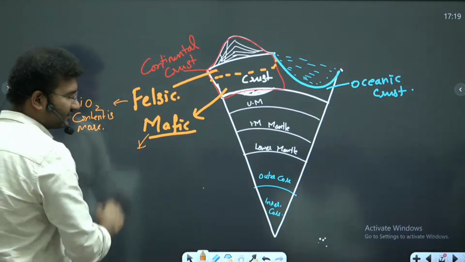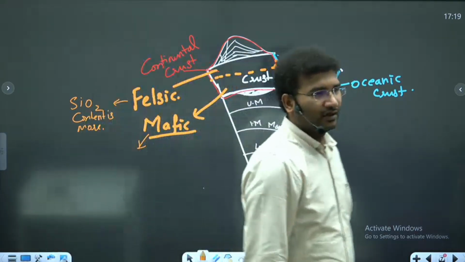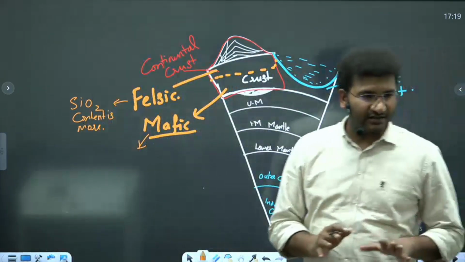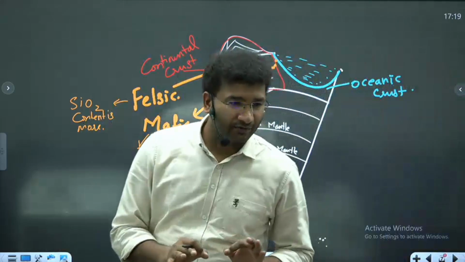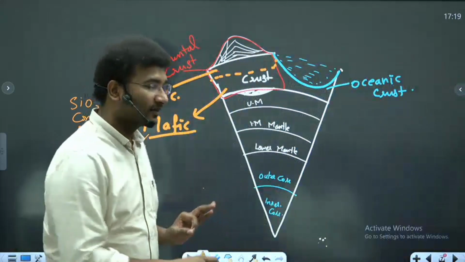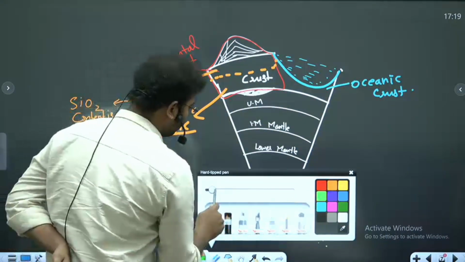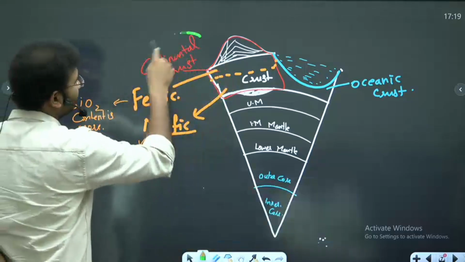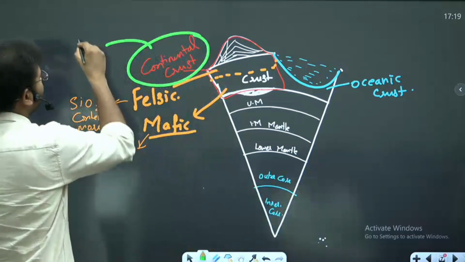Now, in mafic, the silica content is comparatively less. Continental crust is primarily made up of granitic material. Okay? Try to understand this. This continental crust is primarily made up of